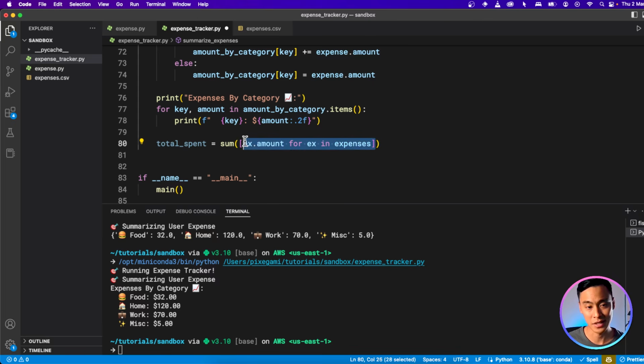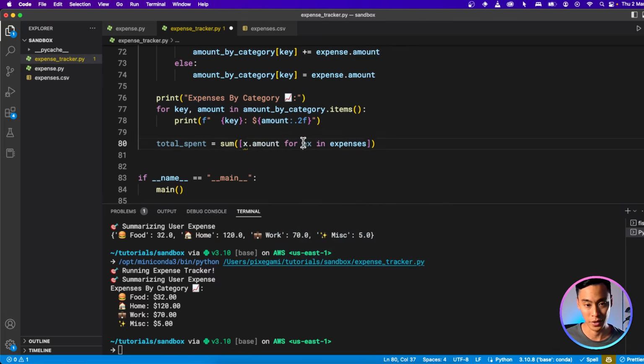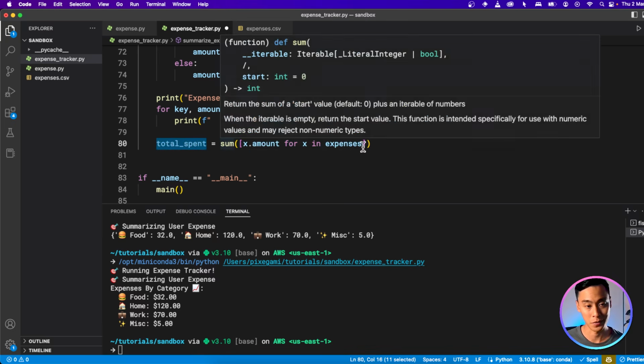So basically this line will become a list of just the dollar value of each expense. And usually this name here, you could write it fully like this if you want, but it's quite long already. So I'm just going to use X because it's just in one line, so I don't need the name to be too descriptive. And this will sum everything up for us in this list. The sum function accepts a list as an argument, and it will basically add all those numbers together and put it into this variable.